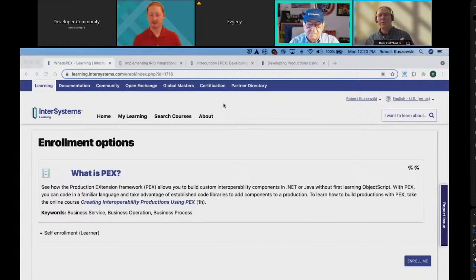Developers who have not used interoperability before sometimes hit a roadblock where they say, oh, but you don't have a connector for X. PECs makes it really easy for you to create that connector that you might need. So we have online learning, which I'm showing here. There's a class that you can take. It's very quick, but it gives you a good overview of it.